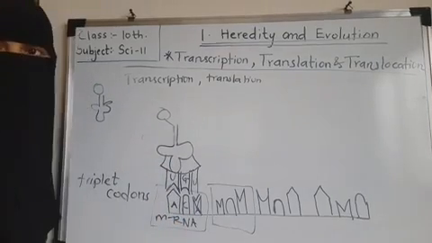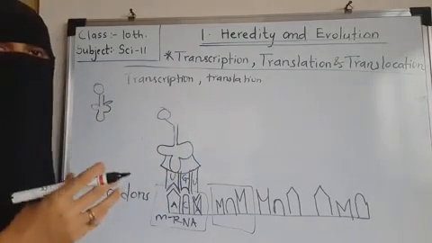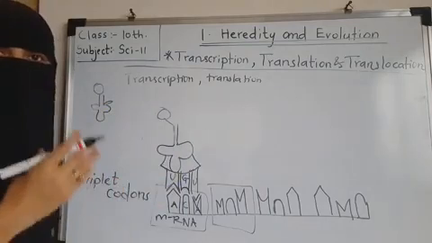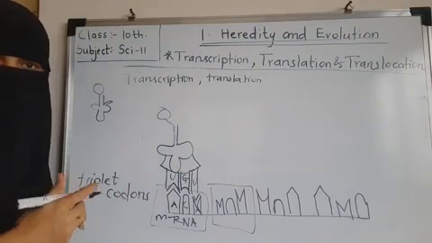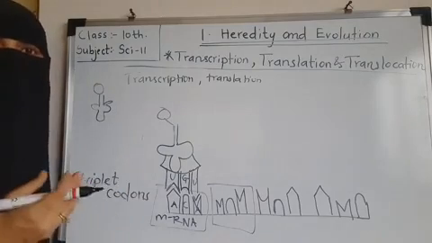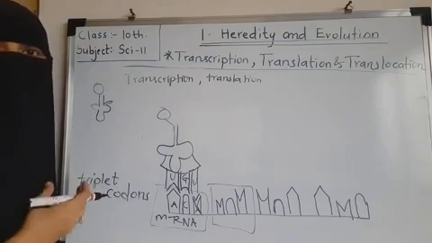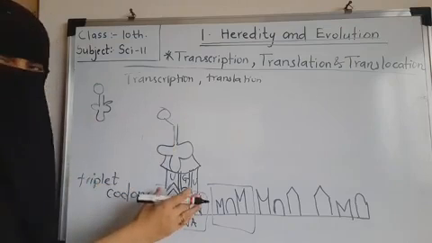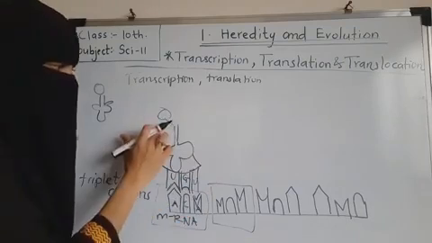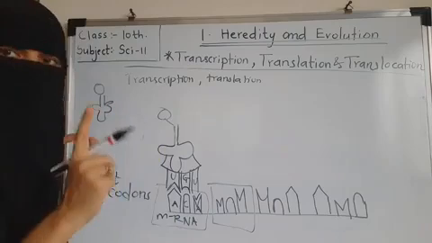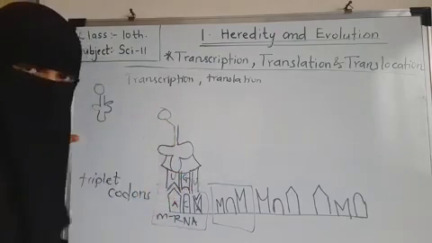Okay. Now amino acids form a long chain, and that is what? Proteins, right? The amino acids brought in by the transfer RNA are bonded together with the help of peptide bonds, right? Now, through transfer RNA, the work of the first codon is over. It brought one amino acid. One transfer RNA brings one amino acid, as I said earlier. So now the work of this codon is over.